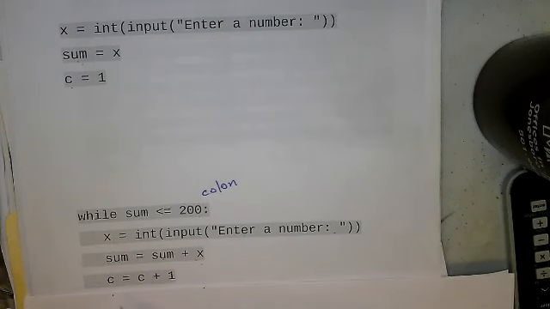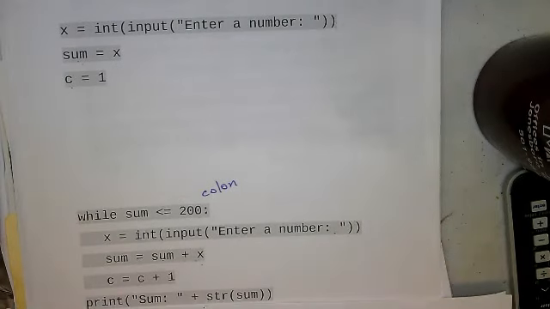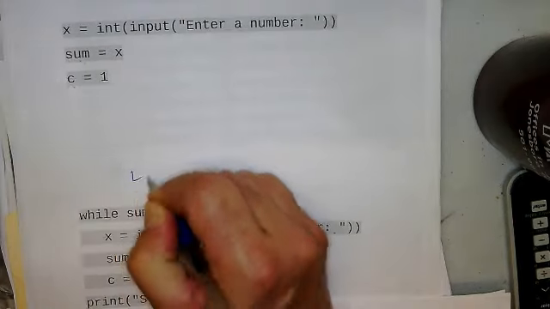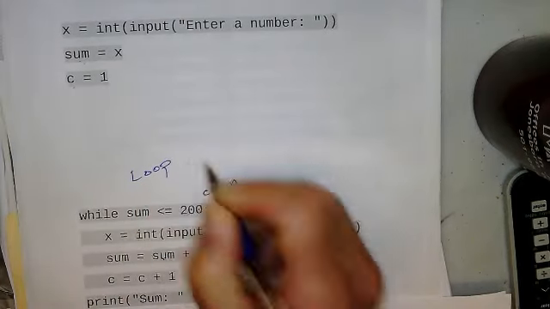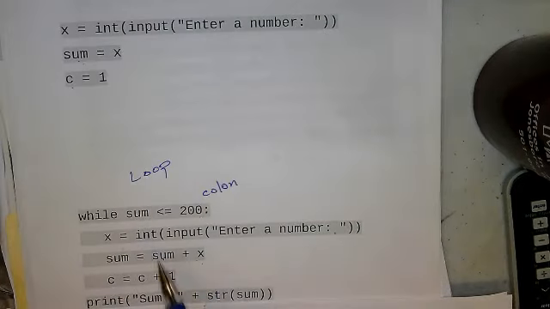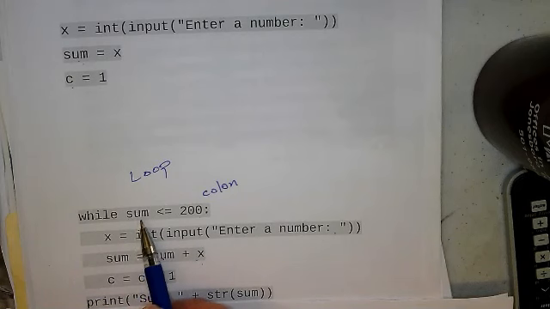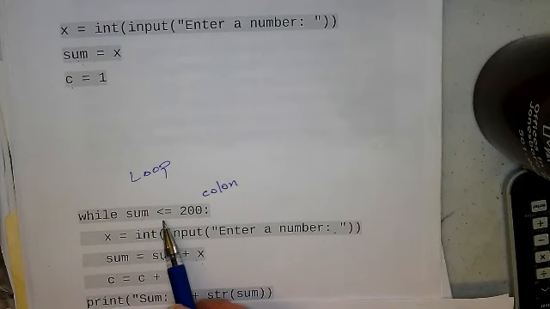And then that gives us the counter, C equals C plus 1. And it's going to keep doing this. It's going to keep running this loop. This is a loop. It's going to keep running that loop until it does this check, that when sum is greater than 200, then